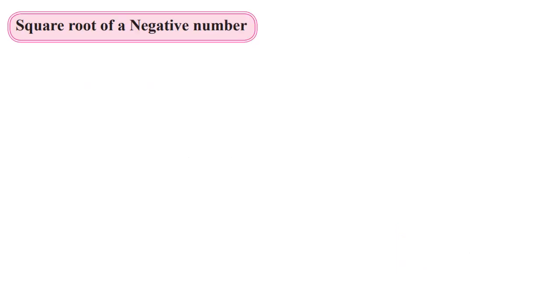Now we are going to see the concept of the square root of a negative number. I told you so many times that a square is never negative. So let us think about what happens if we have the square root of a negative number. Let us take one example: if root A is equal to B, then B square is equal to A. We are going to square both sides. When we square, root A becomes A and here we have B square. So this is applicable for any number.